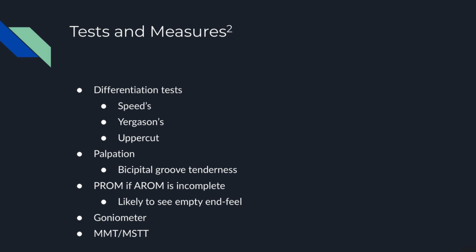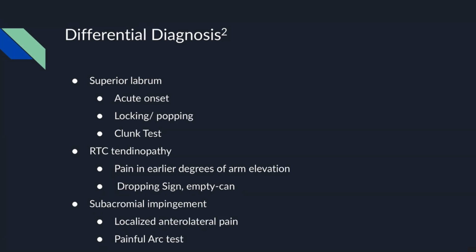It'll just be painful, and we can mark that with muscle-specific tension testing. So differential diagnosis, like I said at the start, this is a very complex joint. There's a lot of different things that might present the same way in clinic, like superior labrum or just labrum tear in general. It would be acute onset, similar to tendonitis. The hallmark for labrum would be the locking and the popping, though, that you wouldn't necessarily see with